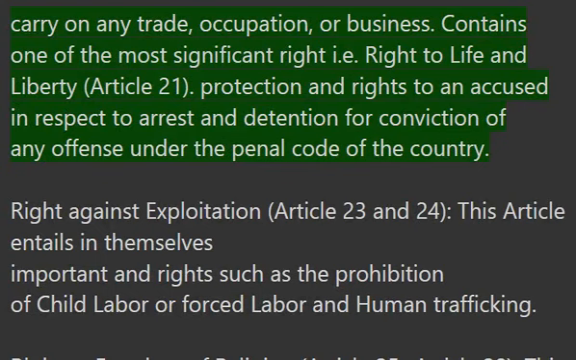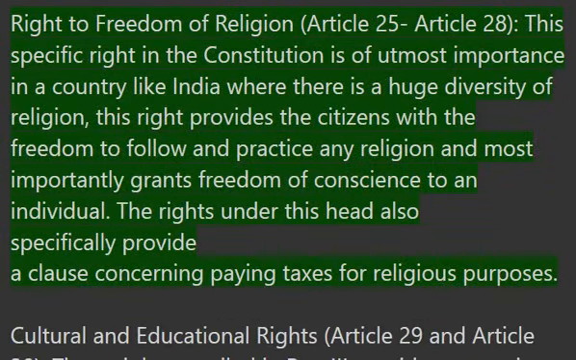It also provides protection and rights to an accused in respect to arrest and detention for conviction of any offense under the penal code of the country. 3. Right against exploitation, Article 23 and 24. These articles entail important rights such as the prohibition of child labor or forced labor and human trafficking. 4. Right to freedom of religion, Article 25